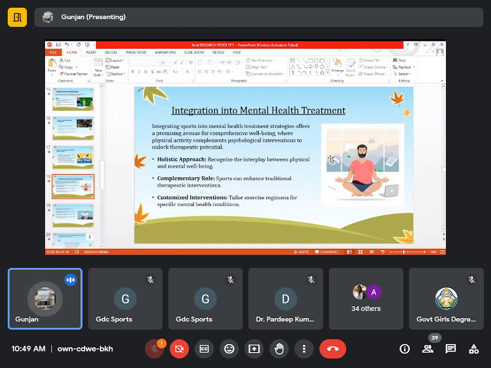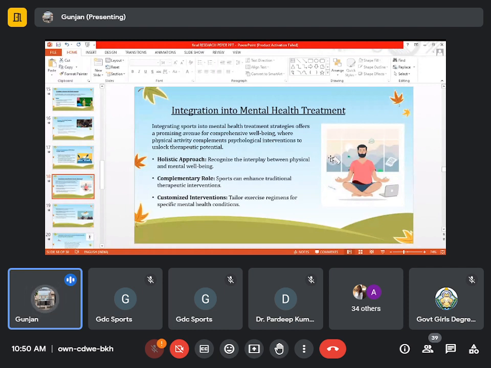Integration into mental health treatment. Integrating sports into mental health treatment strategies offers a promising avenue for comprehensive well-being, where physical activity complements psychological interventions to unlock therapeutic potential. First is a holistic approach, recognizing the interplay between physical and mental well-being. Complementary role, sports can enhance traditional therapeutic interventions. And third is customized interventions,